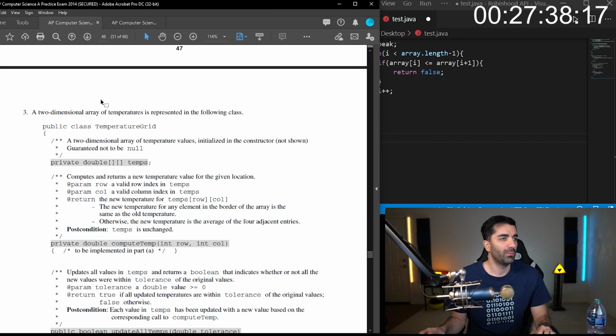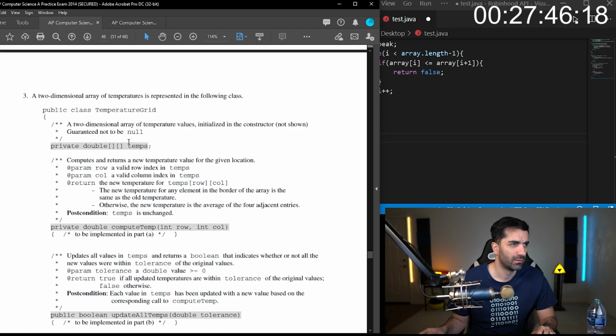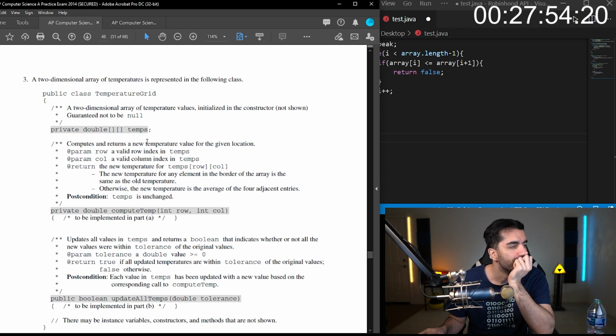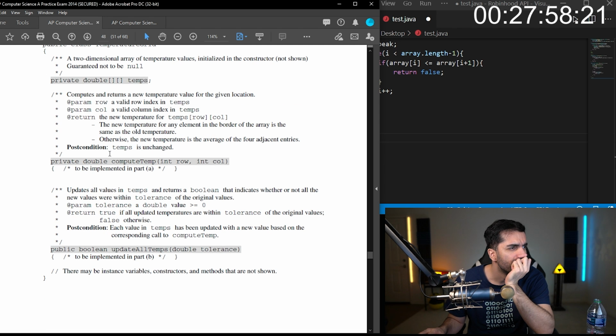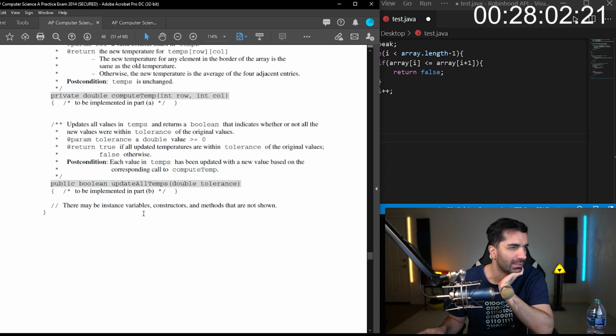So we have a 2-dimensional array of temperatures is represented in the following class. Temperature grid. A 2-dimensional array of temperature values initialized in the constructor. We have compute temp. We have update all temps.